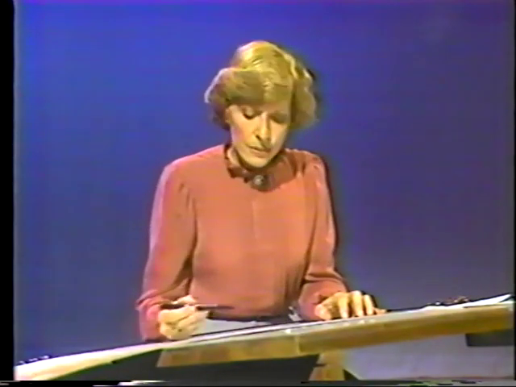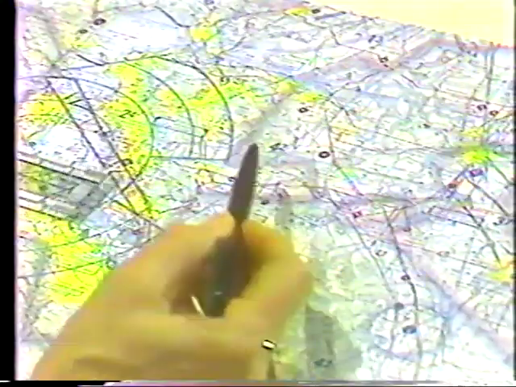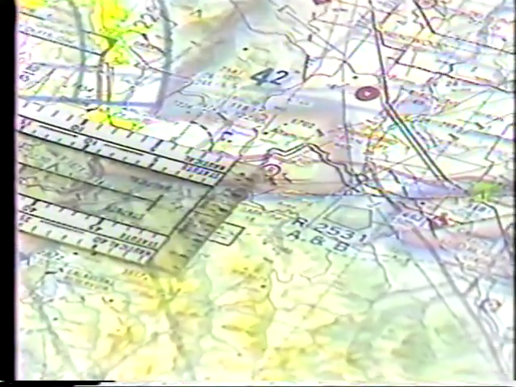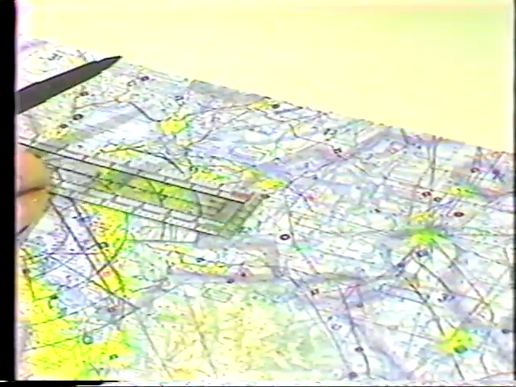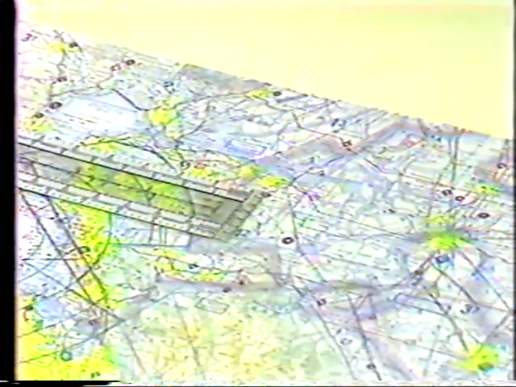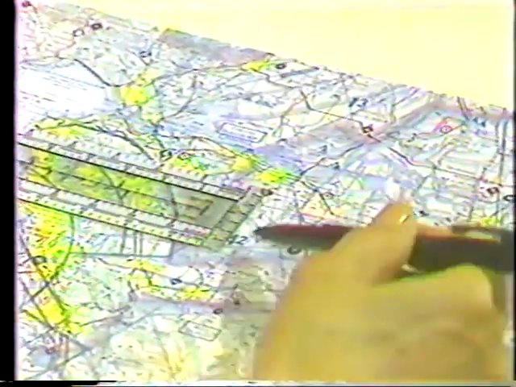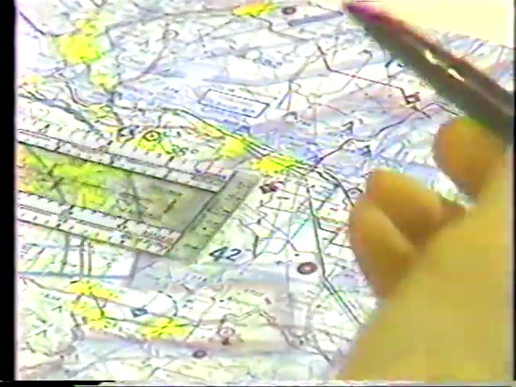Riga NDB is east-northeast of Palo Alto near the Livermore Airport at 37 degrees 41 minutes latitude and 121 degrees 31 minutes longitude. Antioch Airport is 37 degrees 57 minutes latitude and 121 degrees 47 minutes longitude. Now, let's draw the course on the chart.